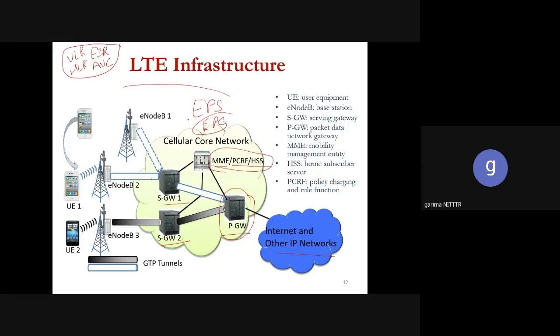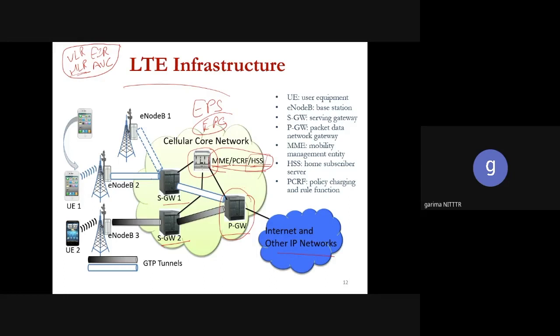But now in 4G, they consider these under one particular entity, and that entity is working as mobility management entity. That entity is also working as PCRF, which is policy charging and rule functions, defining policies and chargings for the mobile subscribers, and home subscriber server, which was HLR and now it is HSS. And this home subscriber server has information of all the subscribers under its network. For example, if you are a Geo user, your database under your circle is provided to the HSS of that particular Geo infrastructure.